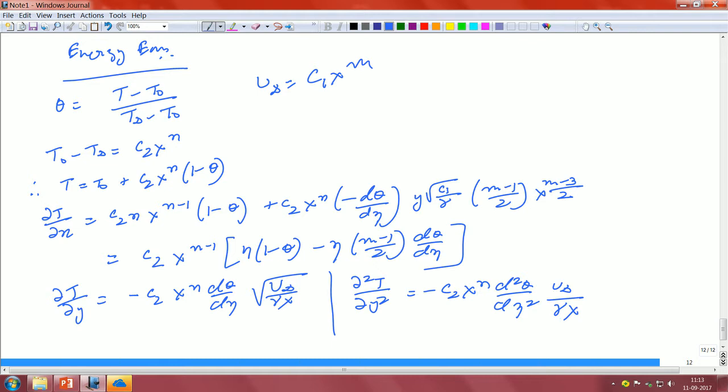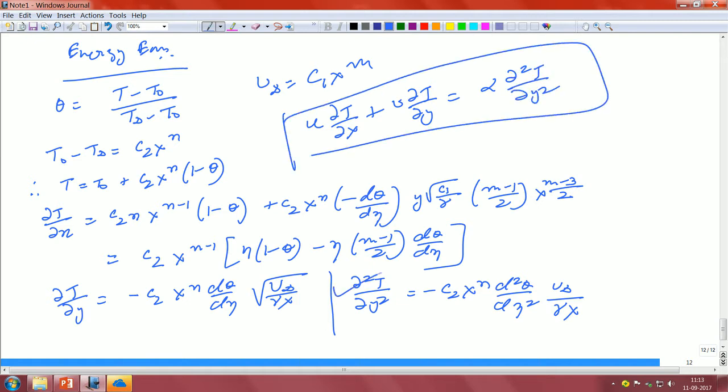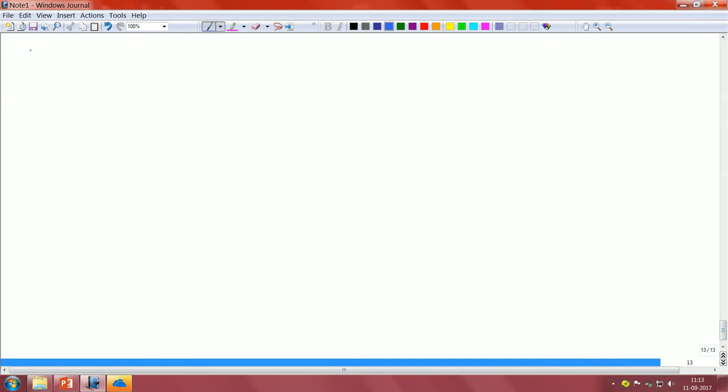Now, once again, your energy equation is u dT by dx plus v dT by dy is equal to alpha d square T by dy square, correct. So, we have already evaluated this, we have already evaluated this, and we already know the functional form of u and the functional form of v from our earlier momentum analysis, right. So, it should not be a problem. Now what we do is put all these terms together, because the new terms we have already evaluated in the same way that we did earlier. So, the final form